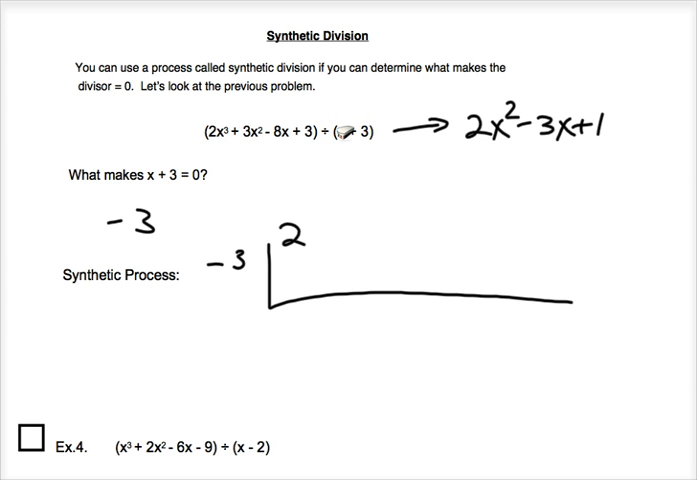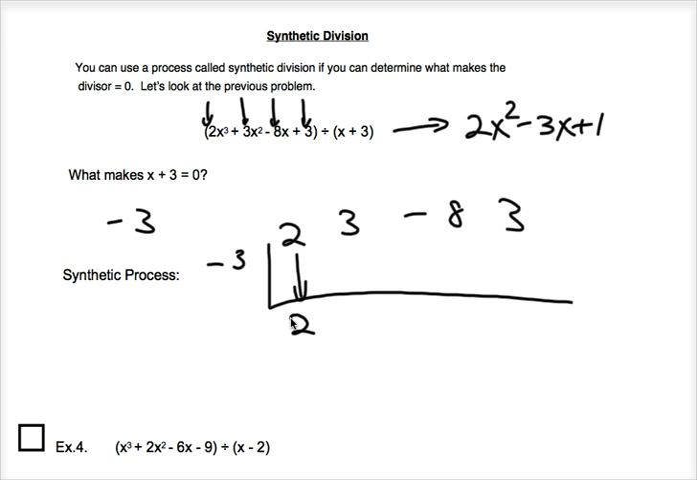That's my first coefficient. 3, negative 8, 3. So I'm just putting these numbers, these coefficients down. Didn't have to fill in any gaps, so I didn't put any zeros. Here's how the process goes. You drop down the first number,